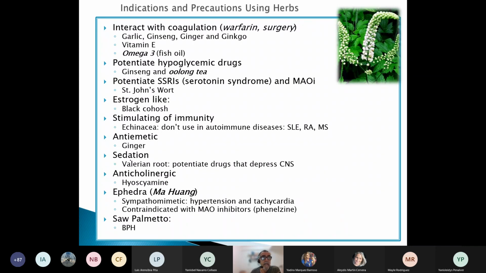Valerian root. What you need to know, valerian root, frequently tested, is it gives somnolence. So it is a herbal hypnotic medication. So it gives somnolence. And if the client is prescribed a medication like a benzodiazepine, okay, for insomnia or for whatever, anxiety, and also combine that with valerian root, could be too much.